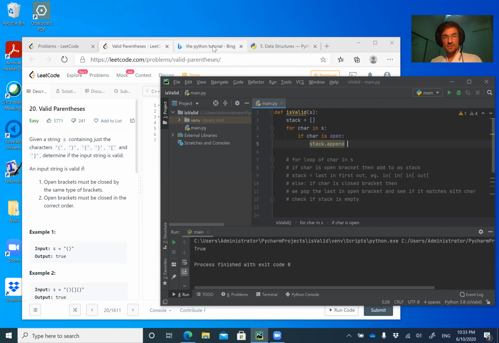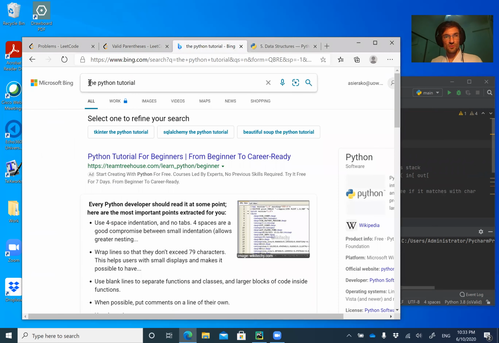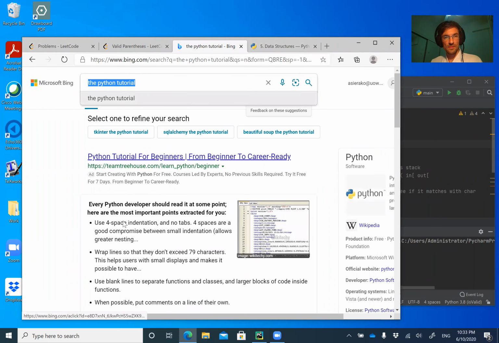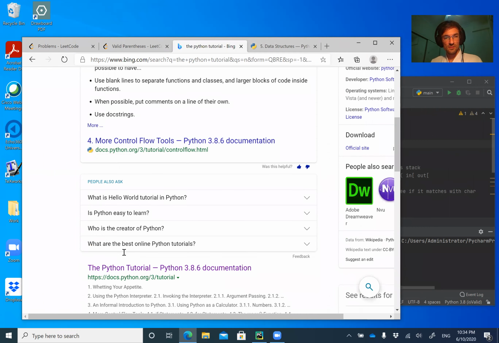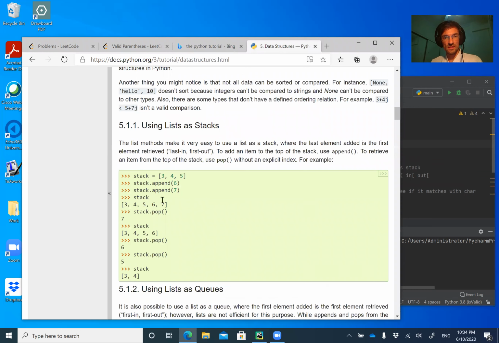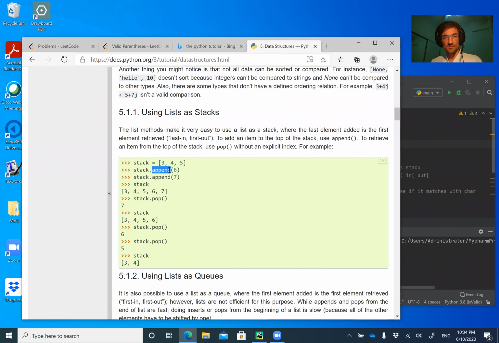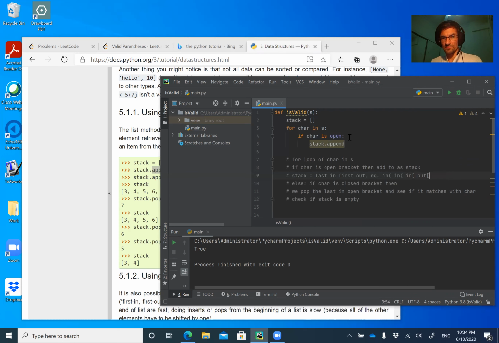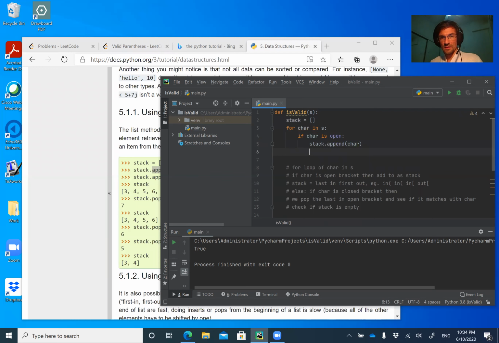So I went through the official Python tutorial. I just Googled that, and then the official Python tutorial comes up. And when you click on that, you go to data structures and you have stacks here. And there's that append. So we are appending the character. And that's it. So else, that will mean if the character is closed,